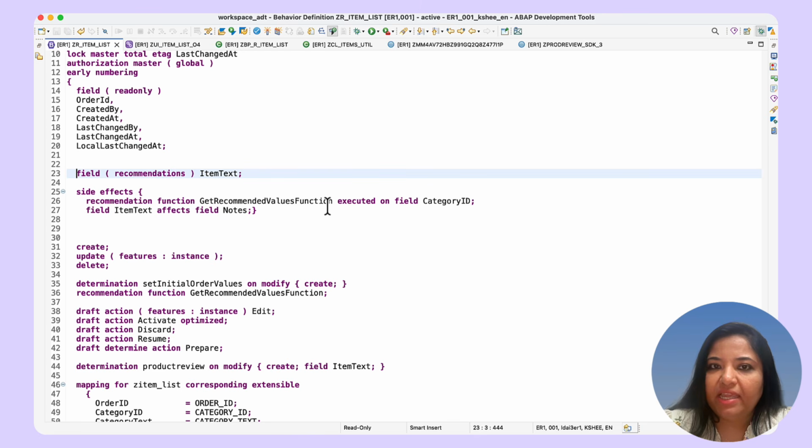There is a function name which will contain the logic for providing the recommendations, and executed on field. Here we will specify the source field which will trigger the recommendation logic. So this should be specified inside side effects, so that whenever there is a change in the source field value, here the category ID, whenever it changes, it should trigger the recommendation logic, which is written inside get recommendation values